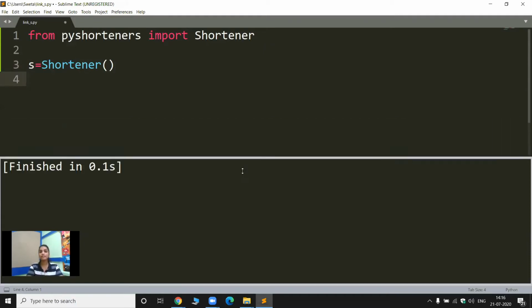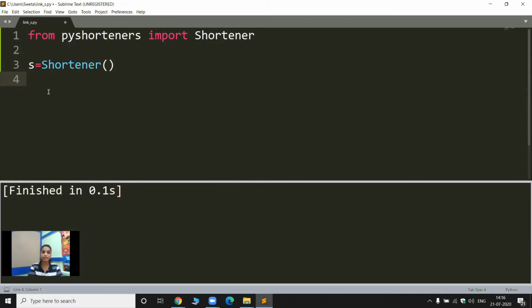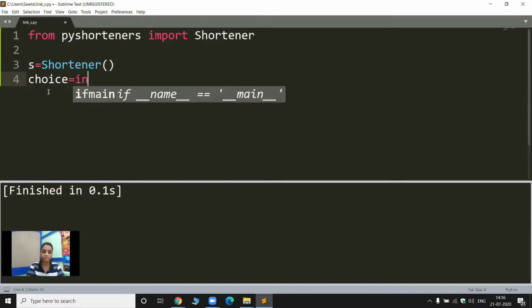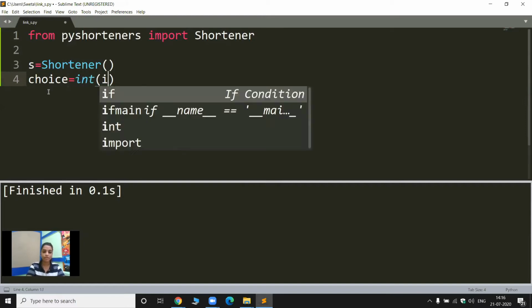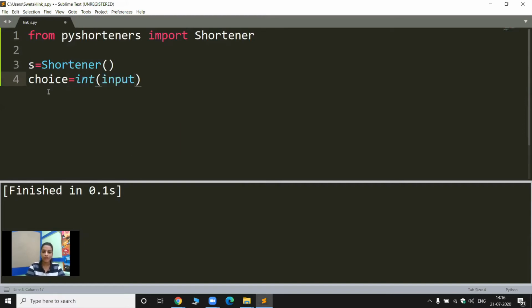So first, let's see what you want to do. Let's say you want to ask the user whether they want to shorten or expand a link. What you need to do is print the statement and take the input. So let's take the input as choice. I'm just converting it to int, and that is why I've written int. Here goes the statement that you want to show to the user.